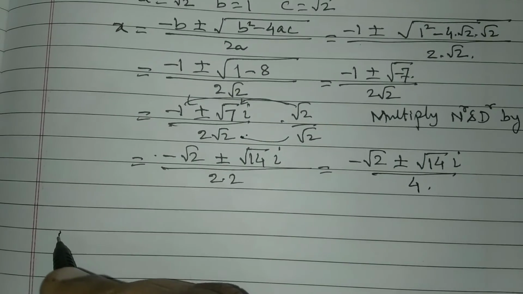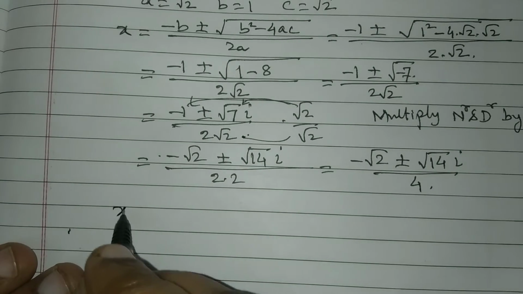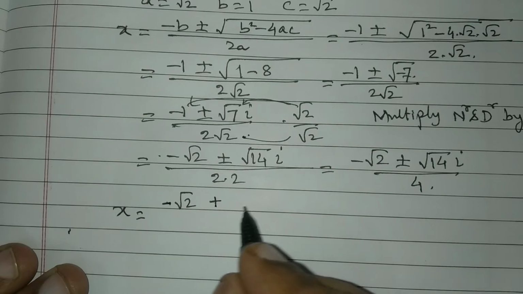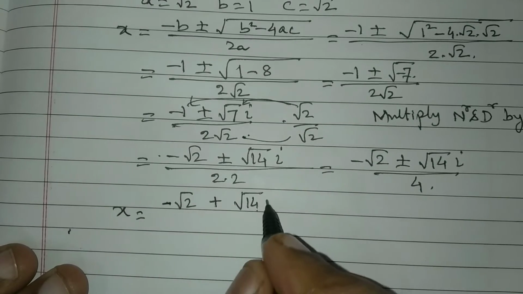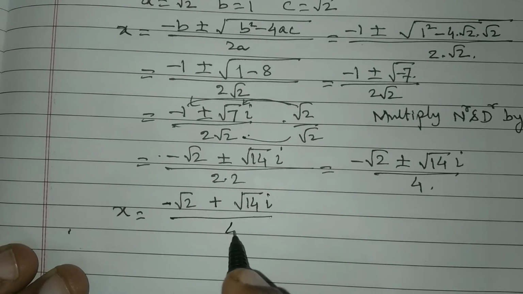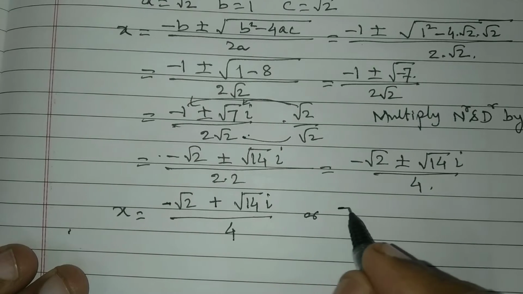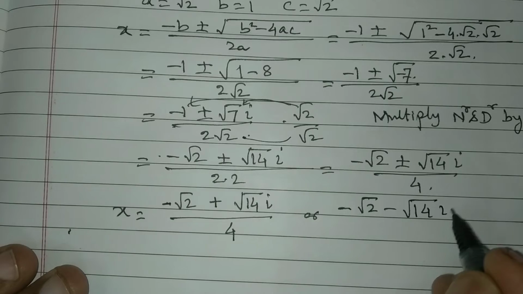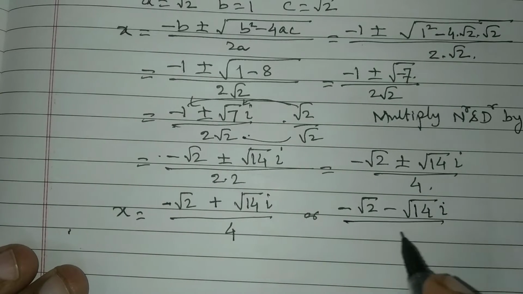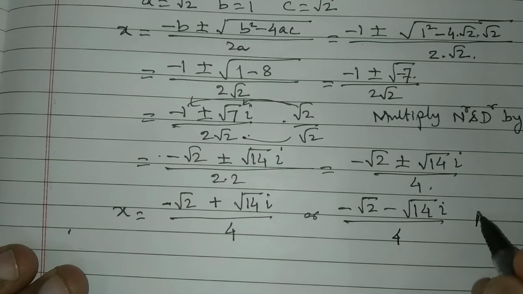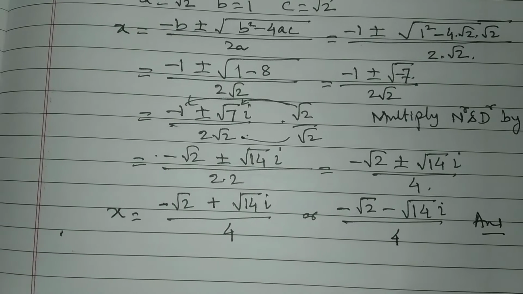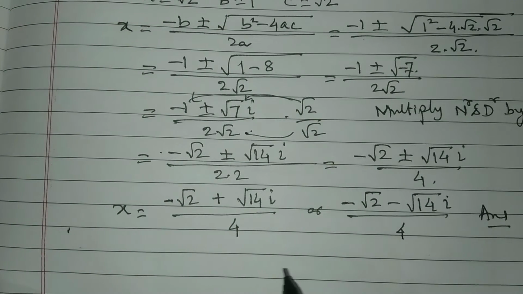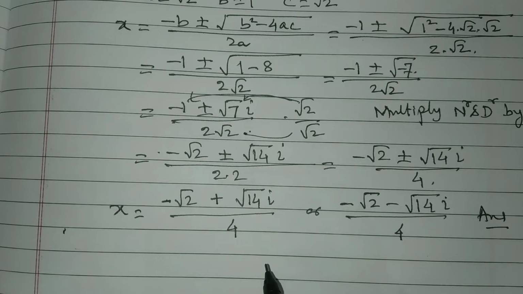So the answer will be x is equal to minus root 2 plus root under 14 iota by 4, or minus root 2 minus root under 14 iota by 4. So hope that answers the question. So I think this is question number 10. So we have done the exercise